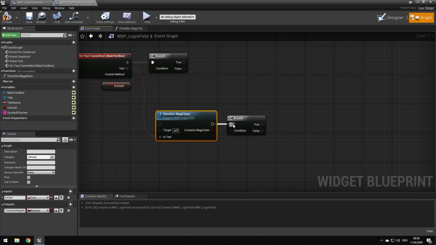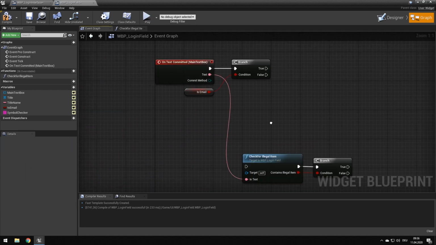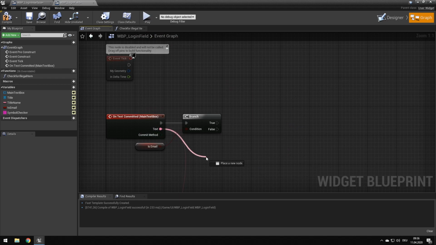And if it does, you can do one type of code. If it doesn't, you can do another type of code. This might be useful for somebody, so I just want to really quickly put it in here. But yeah, so what I want to do next